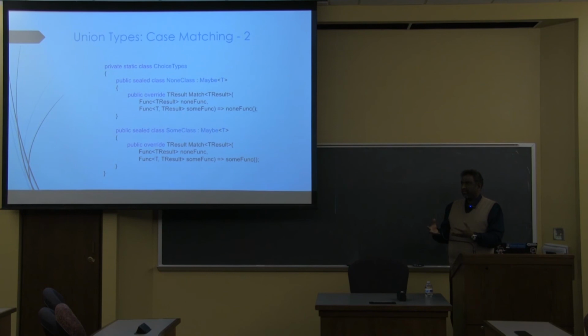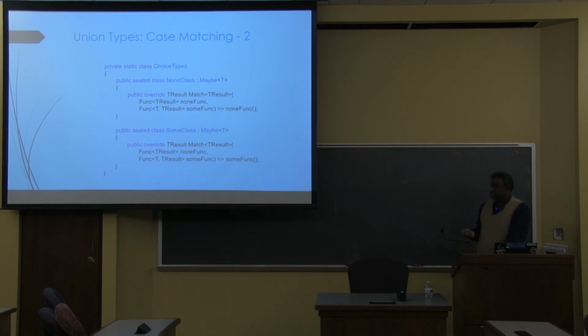So given an instance of a maybe, when you give the match function 2 lambdas, you don't know which kind of maybe you have. There's no way to actually inspect short of reflection. There's no way to inspect the object to find out, am I a none or am I a sum? But when you give the match function a call, the right thing will fire. So in some sense, you've made it really safe, and removed a great deal of pain from having to write a switch statement.